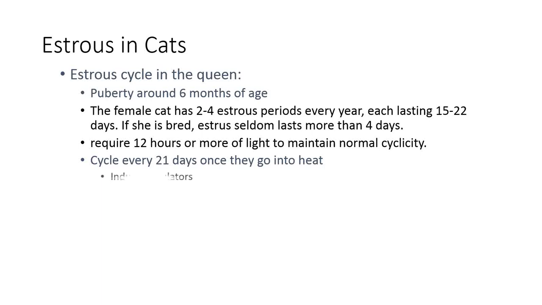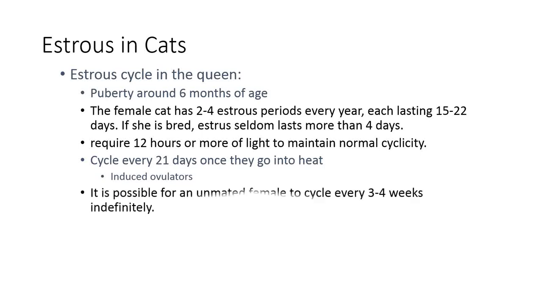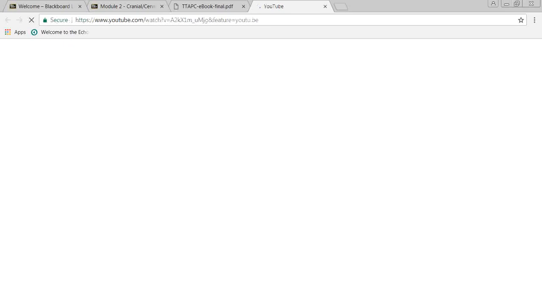Cats are called induced ovulators, which means they have to be bred to ovulate. If they're not bred, they won't ovulate, and they'll just keep cycling. It's possible, in the right time zones where they have more than 12 hours of light a day, for an unmated female to cycle every 3 to 4 weeks indefinitely. And I'm going to show you a video here of a cat in heat,